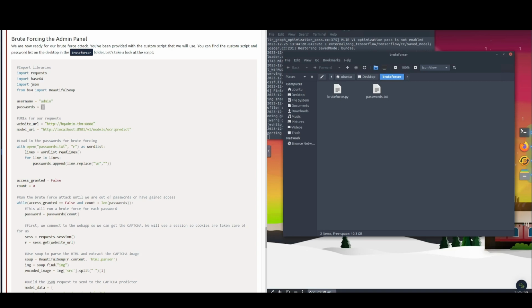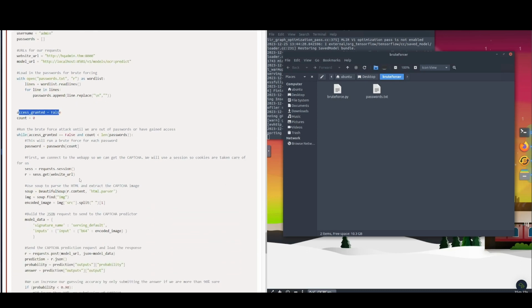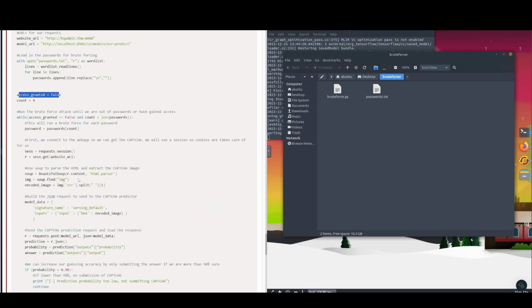We load the password text for brute forcing. We'll open it in read mode and take each password in one line. We set a flag as false, a counter,